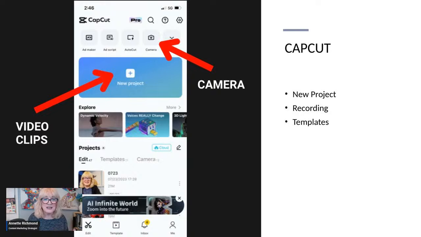You can add different voices. I've done videos where I'm recording my dogs talking and I use my voice, of course, because they don't speak yet, but I can change their voices and things like that. So again, it's very, very simple to use if you upload a video and you want to change or edit it here, or if you want to record directly on CapCut. And one of the things too, you can record here and then download it and then send it directly to TikTok if you wish.